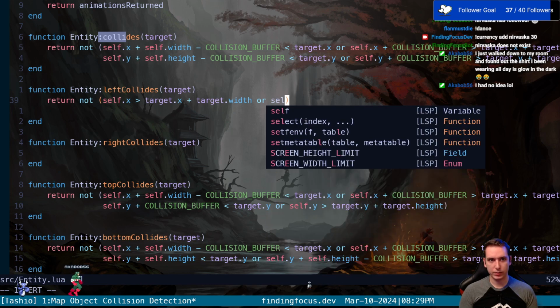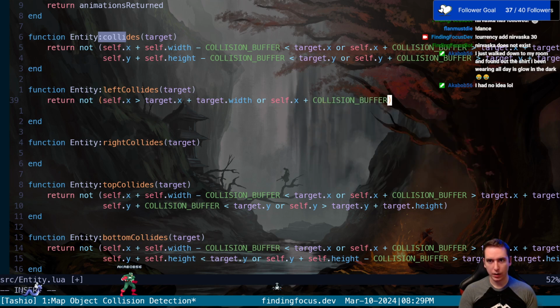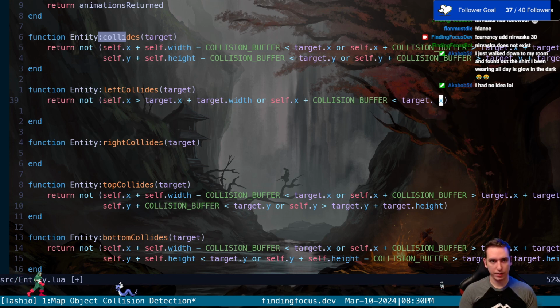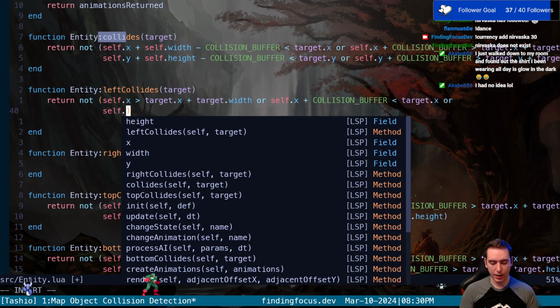or the right side of our box, which, since it's on the left side, will be self.x plus our collision buffer, and we're seeing if the right side of that box is smaller than the target x. Is that right? We're seeing if the left side of us is greater or the right side of us is smaller. Yeah, that's right. And then we say or, and then we can say the top of our box,